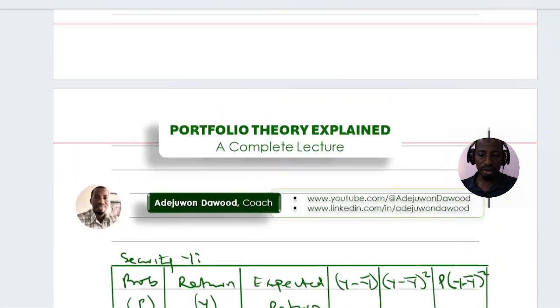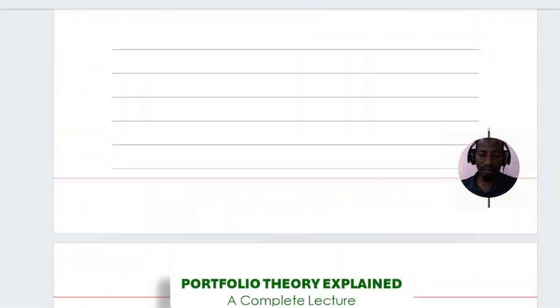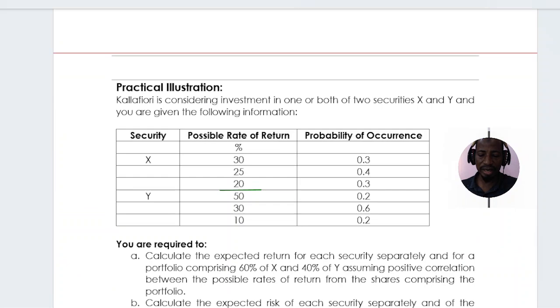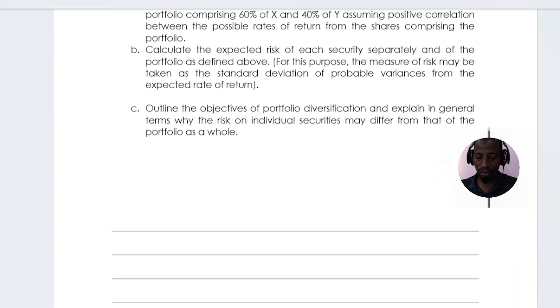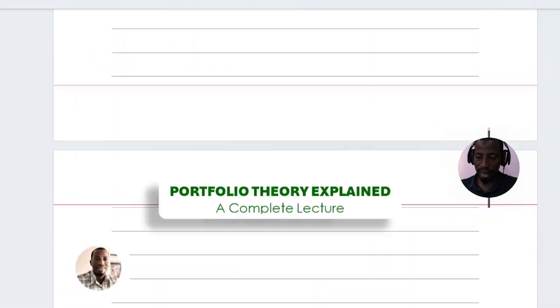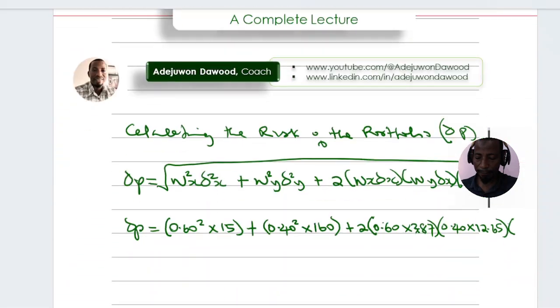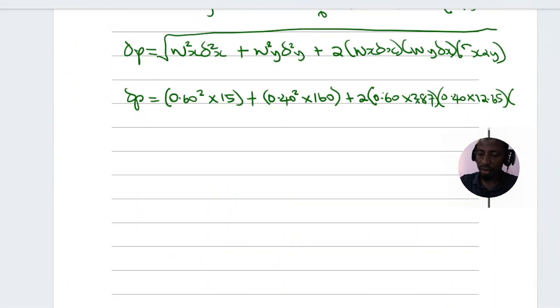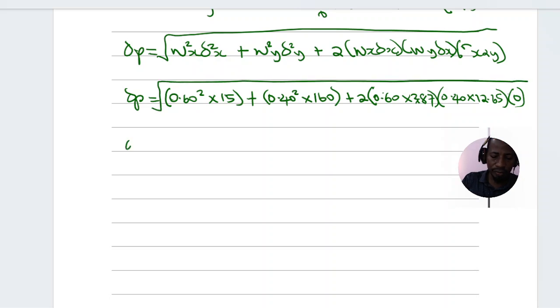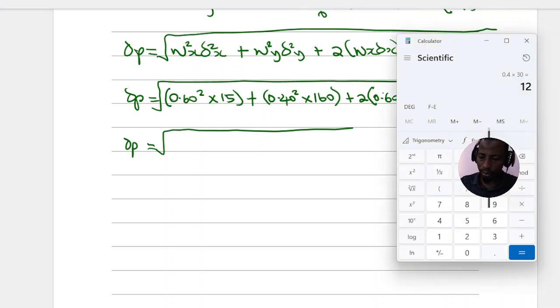So in the question, security X and Y have different probability. It means that there is no relationship between security X and Y. So in this case, R is equal to 0. So A will be equal to 0. Then, of course, find the square roots. Therefore, the risk of the portfolio is equal to the square root of, bring out the calculator, 0.6 square